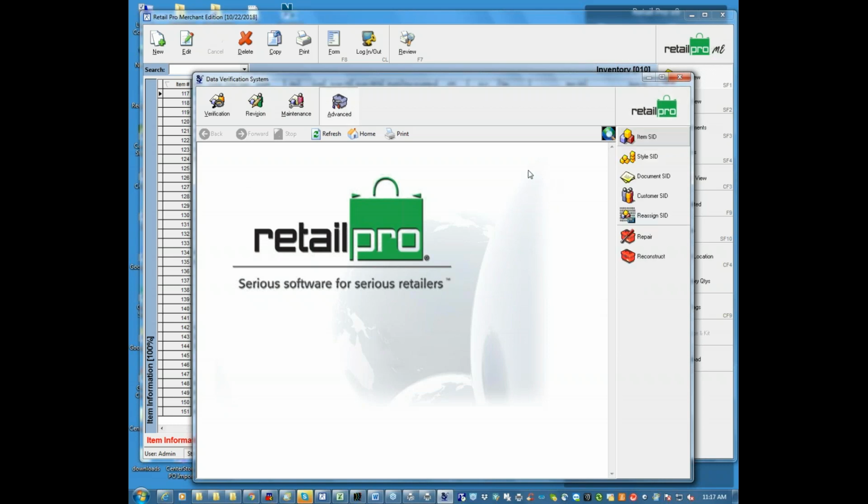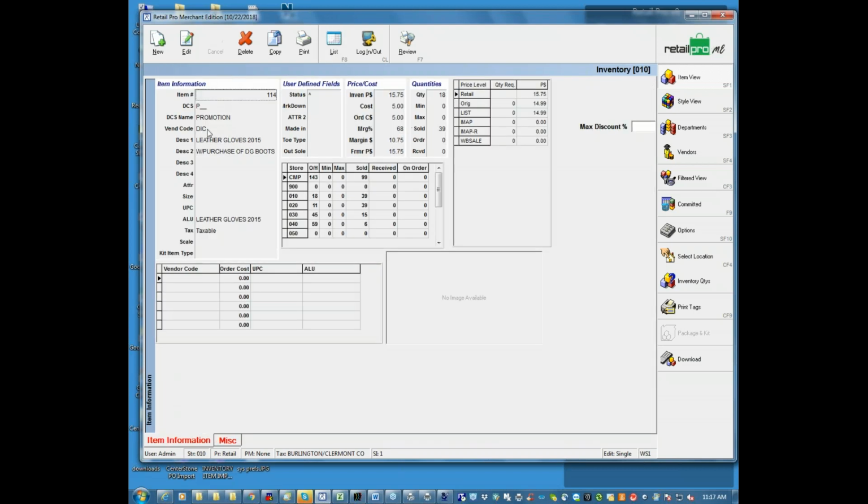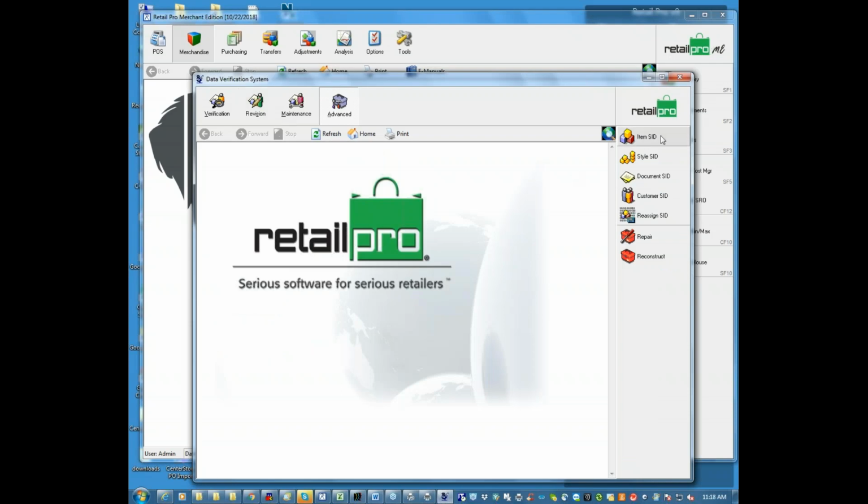So the main reason we get involved in this for this webinar is to look at DVSing for inconsistencies in data. Earlier today, I took this item 114, and in Retail Pro, I edited it and changed the vendor code, which some people do. It got set up with the wrong vendor code, it got sold with the wrong vendor code, and now I need to make that the right vendor code. So I created a transaction today with that as the vendor code, and it was DE or DG before. So I purposefully broke this,